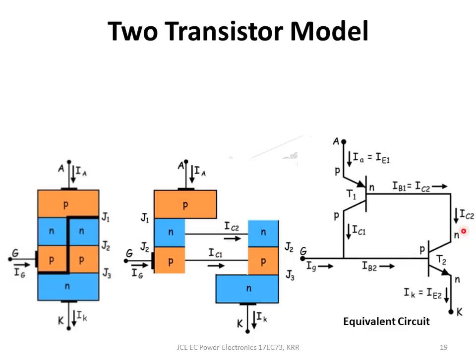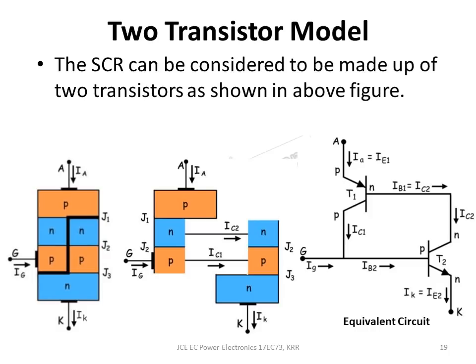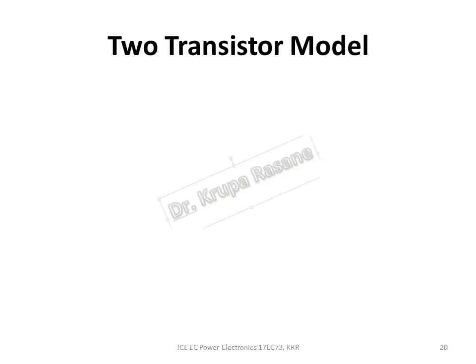Okay, so in this fashion this is called the equivalent circuit. And hence the SCR, as we have seen, will be represented as two transistors, and hence it's called the two-transistor model. Now let us analyze this two-transistor model. Let us understand how the SCR works in the first quadrant and the third quadrant, how it is possible that the SCR can be triggered, or how it can be turned on, and what happens, and how we can justify it using certain equations.